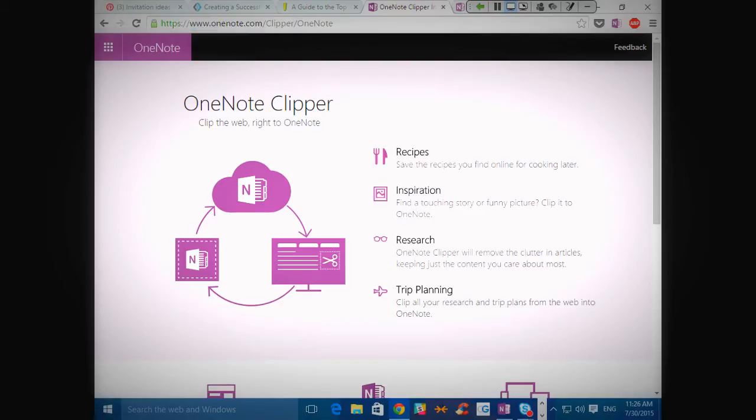The OneNote Clipper is just a little tool for your browser, and it works in any browser. So Chrome, Firefox, Safari, Internet Explorer, anything you're using. And what it does is, in Chrome, for example, it's an extension. So it adds a little button up here. You'll see the OneNote logo. And what I can do, for example, is take content from a website and get it into OneNote super fast